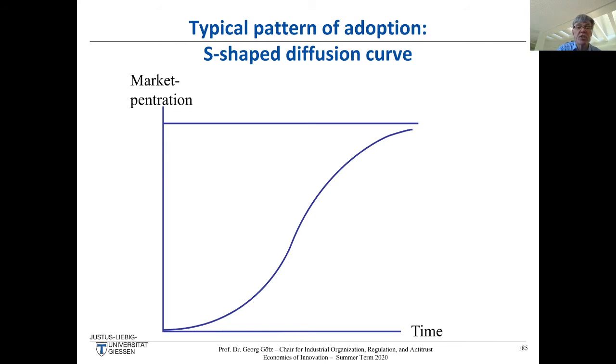So that's a typical shape, and I'm sure that you are well aware of that. This is a typical S-shaped diffusion curve. It's just an S shape here, would be about 100% of potential users actually use that, and in the beginning it takes off very slowly, and then the speed of diffusion increases, and then finally the remainers also